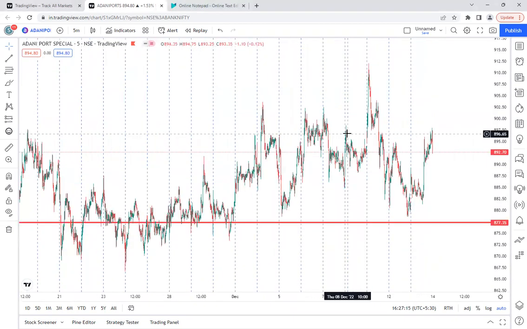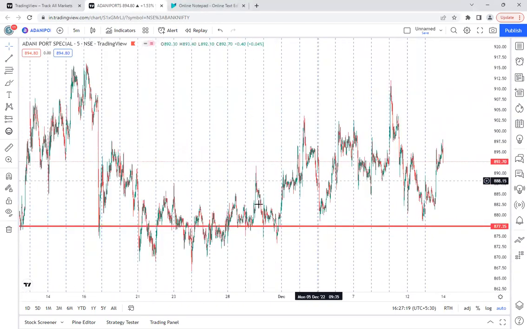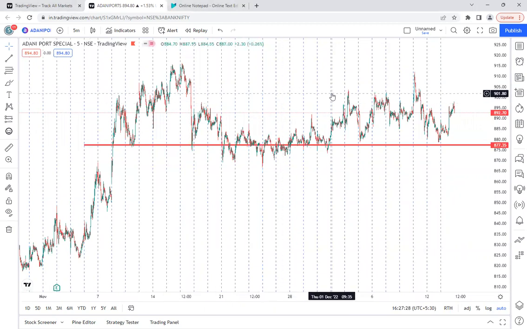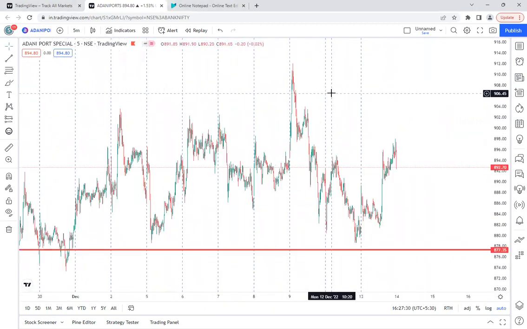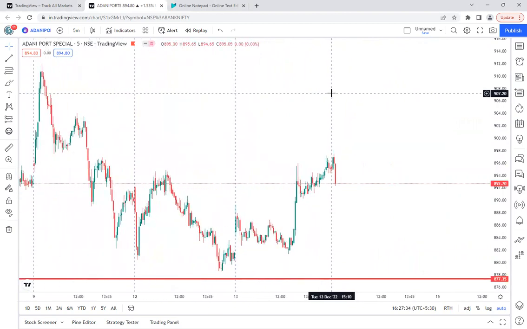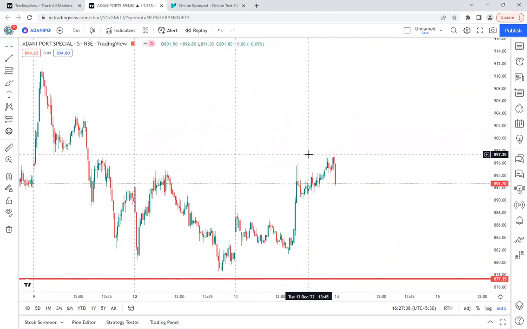Even if you see here, there was some selling, but again they took it up. So this level has been playing a key support role for the last few days, almost the last 1 month, more than 1 month. This level is giving good support to Adani Ports. Okay, and let us see what happened in the last 2 days. Especially in the last 2 days, this is yesterday's price action and this is today's price action.